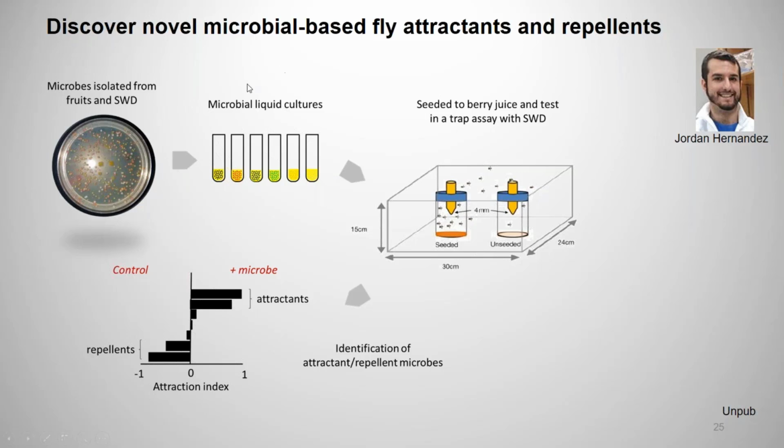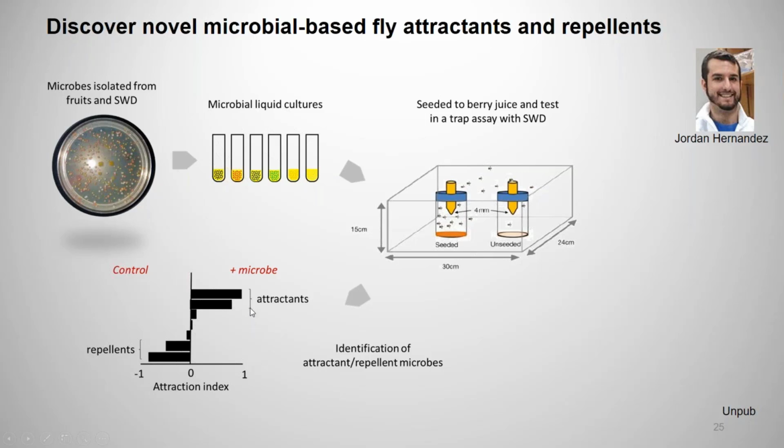the flies, and developed a library of all the microbes. By having those libraries, we were able to test the attractants or repellents towards SWD. We can seed those microbes into these trap assays and have a control that has no microbes. Then we can test whether the fly would prefer the medium with the microbes or without. The medium we've been using is a berry juice, but we are now moving to test strawberries or blueberries, the whole fruit itself. By doing these trap assays, we can then test which of these microbes are attractants and which of these are repellents,